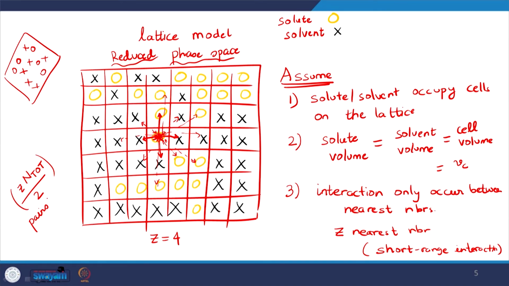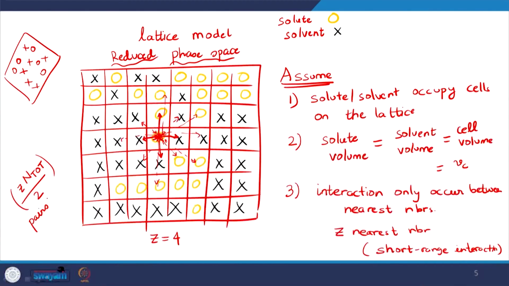If, on the other hand, I am counting interaction between all possible particles in the system, we are going to have in total something like n tot squared multiplied with some prefactor pairs, right. So, that will really make whatever derivation or simulation I am doing on the toy model more expensive in comparison to what we are trying to do. So, with this particular idea, I can then define these interactions as the following.